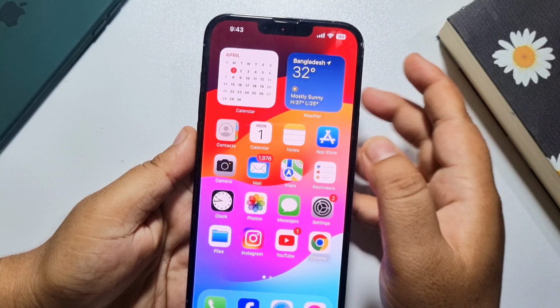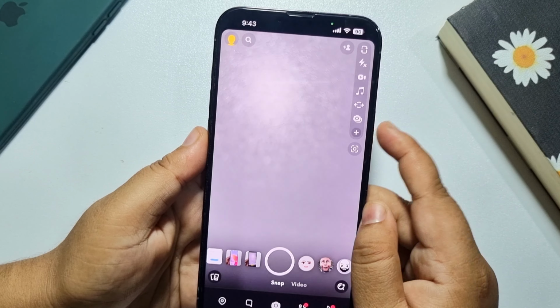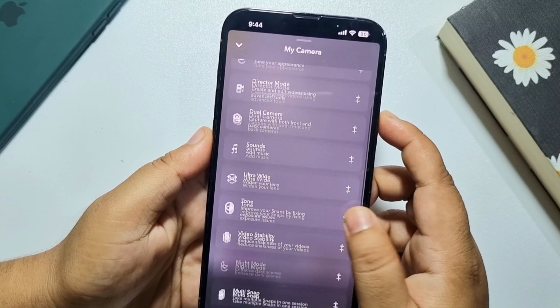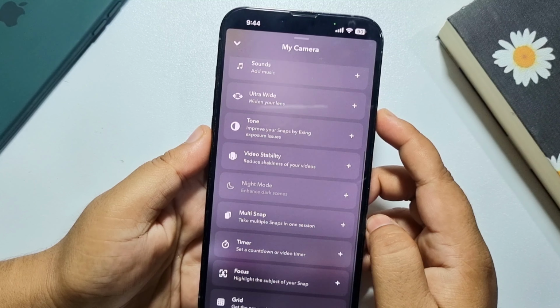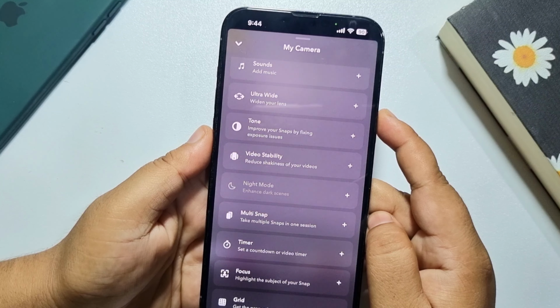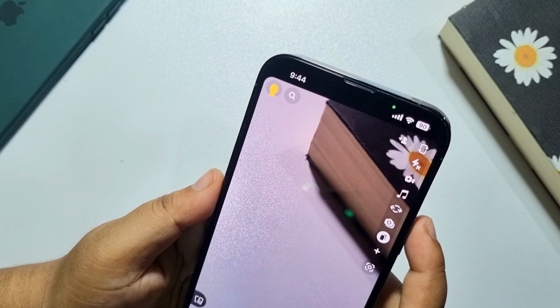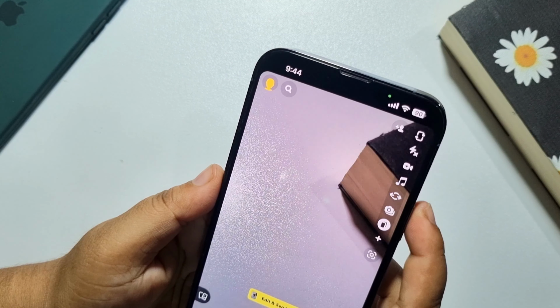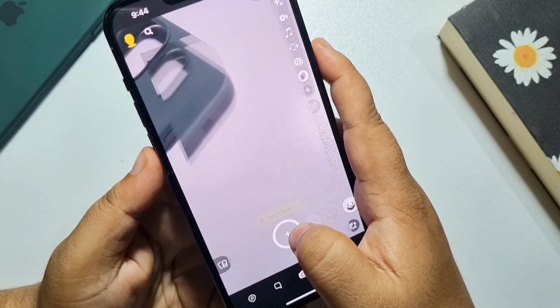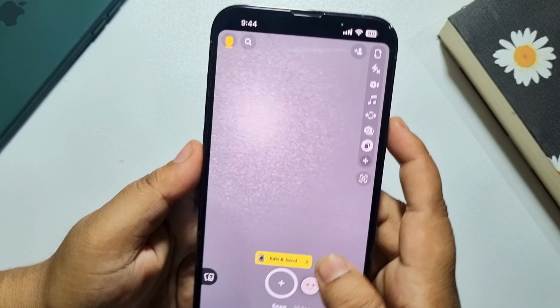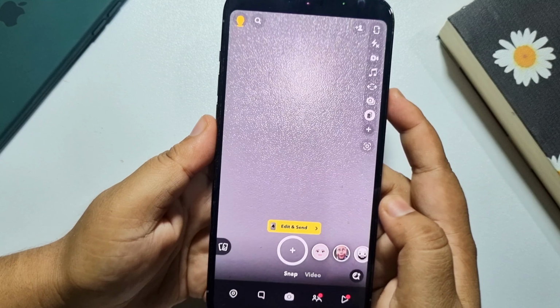And here to multi-snap, tap on this plus icon, scroll down, and here you will find this multi-snap option. Tap on that, and now all you need to do is take multiple snaps like this. Now tap on edit and send,